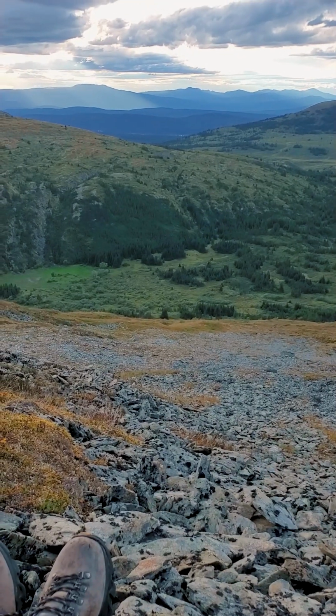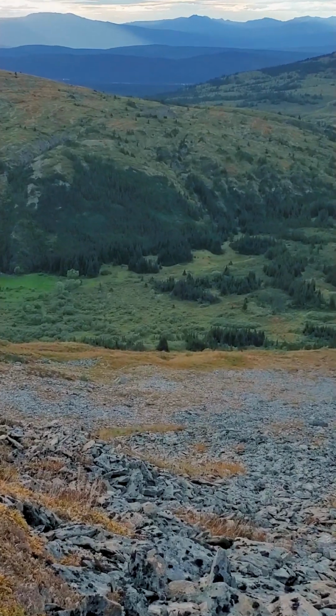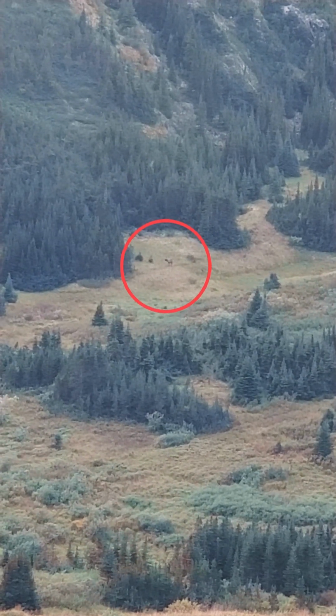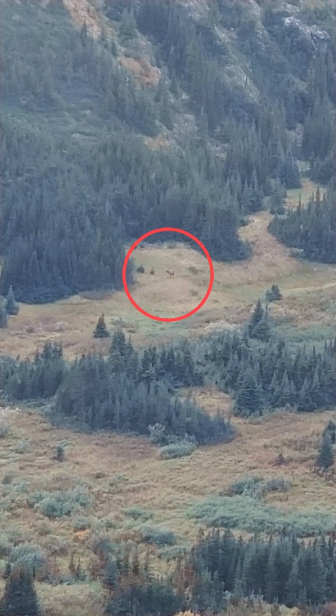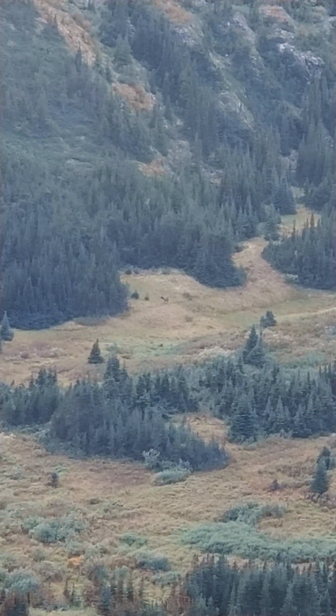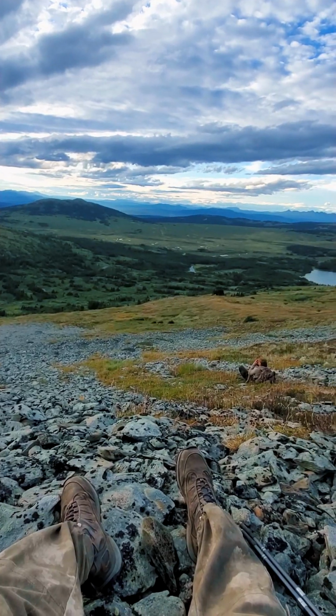So we came down to have a look at this caribou. Right there. He looks like he's got strong 3 points, 3 or 4 points, but he doesn't look bigger than that. So that's part of our trouble. We gotta have a 5-point with a sticker on the back. It's 7:30, it's time to